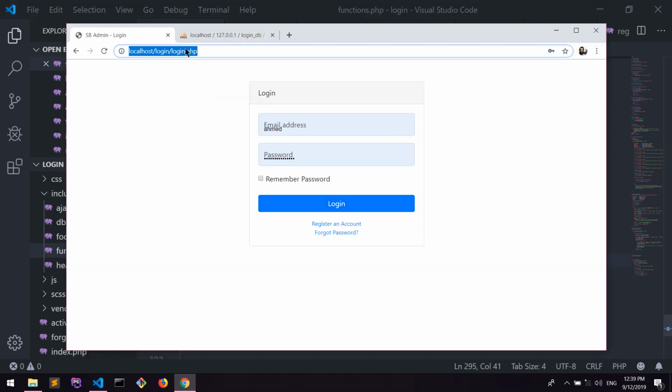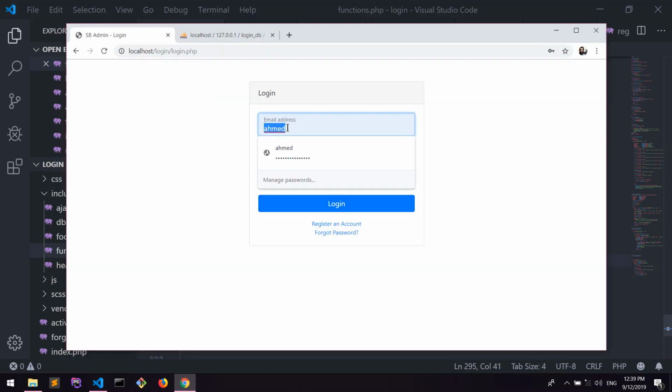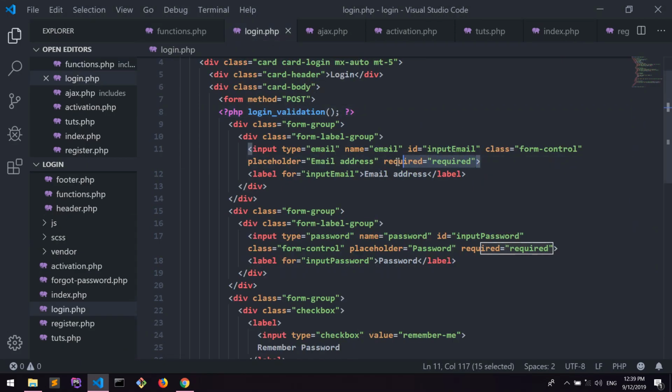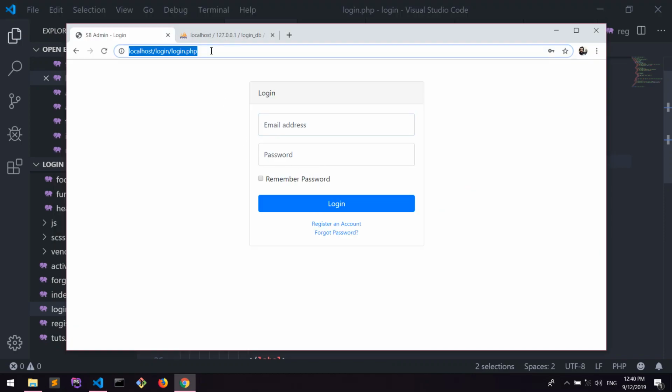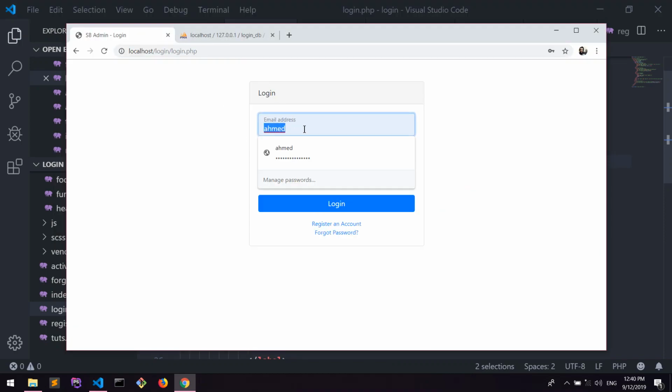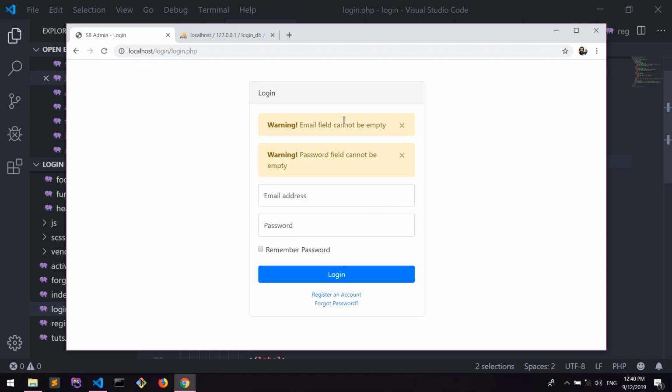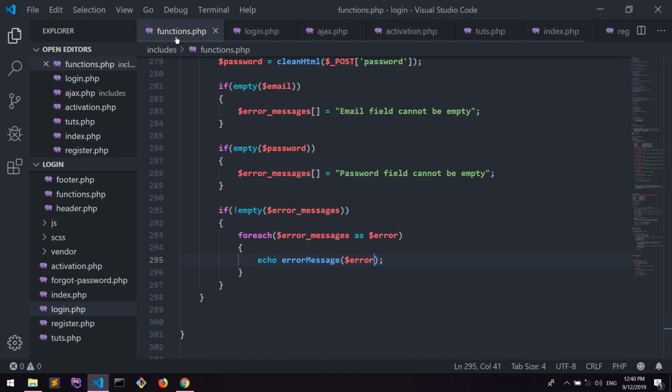Okay, so let's go here in the browser and refresh. Say remove this. Say login. Oh, it's required actually. Okay, so we can remove the required from here. And let's do it again. Okay, login. There we go. We have our errors right here. Okay, we are good. So in the next lecture we're going to make more validation and